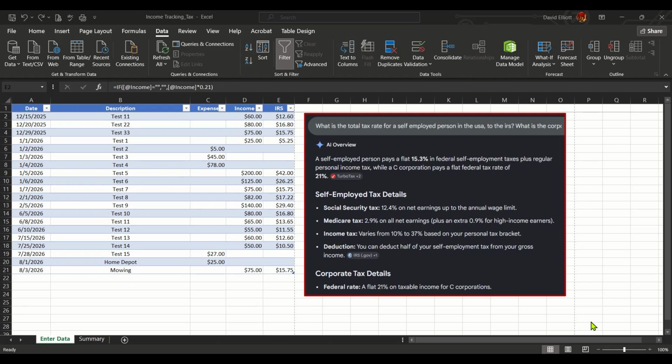Okay, I made another spreadsheet. This one is separate from the first one, and I got to thinking it might be helpful to see how much you need to send in estimated taxes to the IRS. So this here is just a screenshot I took from Google's AI, and as you can see,